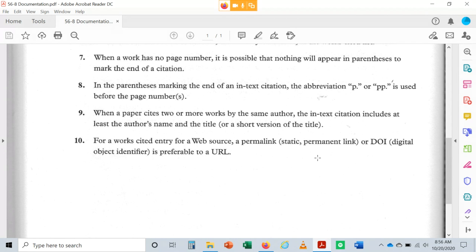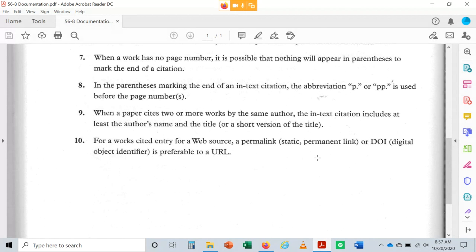This is true, but it's not something that, I don't know, you necessarily need to worry too much about. You should be familiar with these terms, a permalink or a DOI. They come up sometimes when you're getting sources from a database. So when you're using the database and you're using the citation that's given to you on the database, it might end with a number